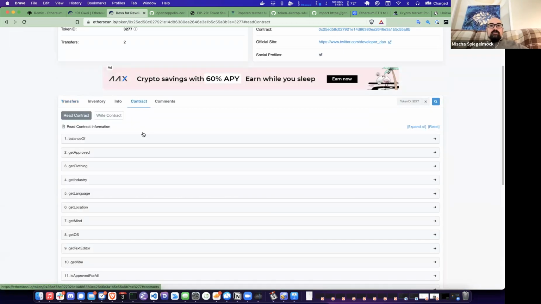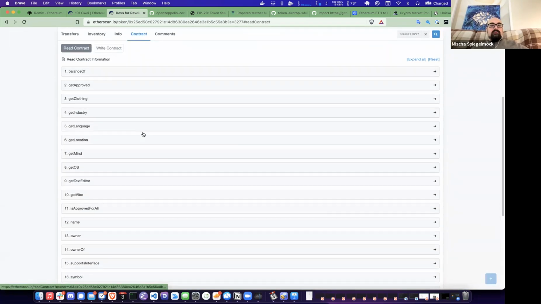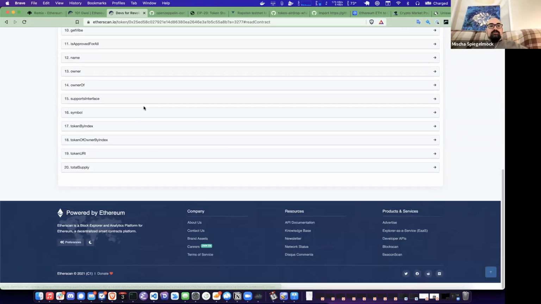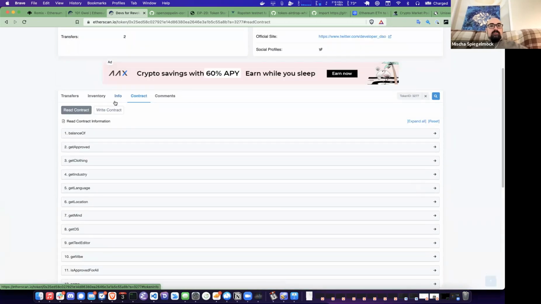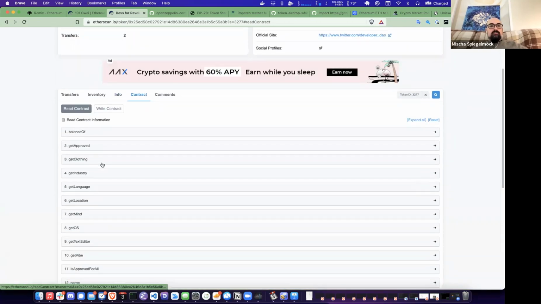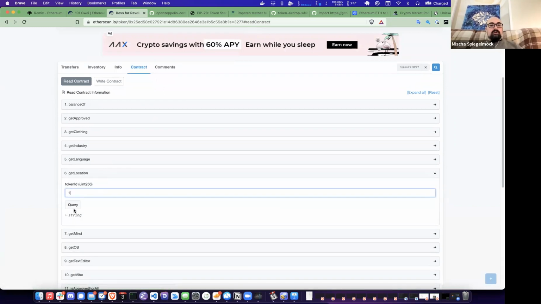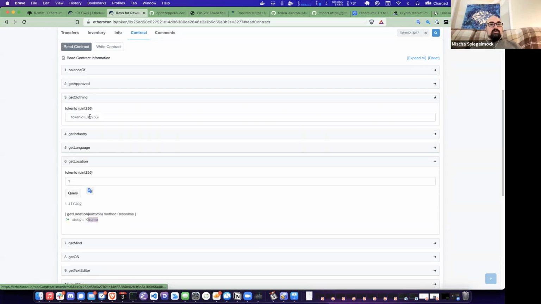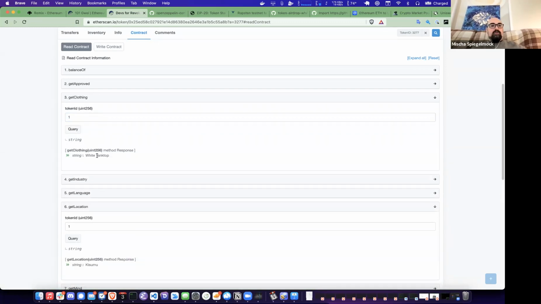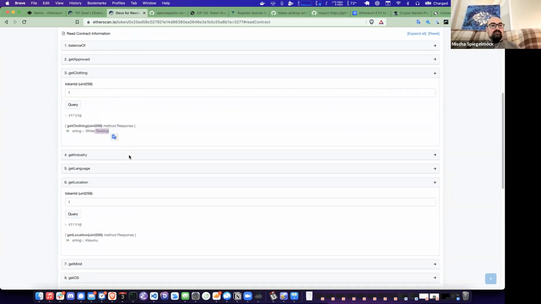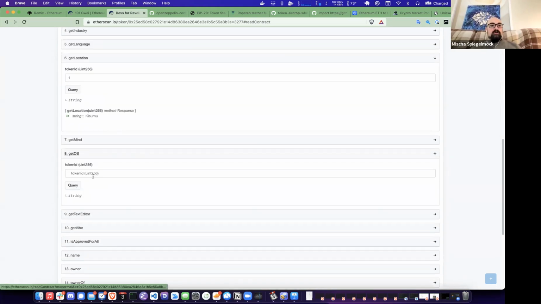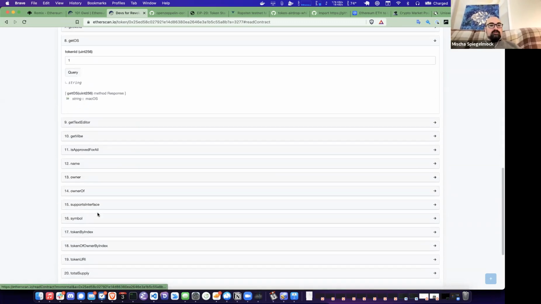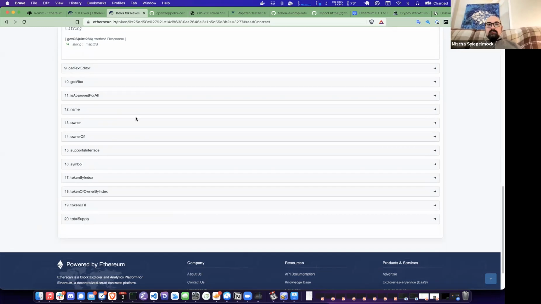Now, to answer your question, once you've created a contract and deployed it, you can upload the source code of the contract. So you can interact with it here if you do that. You can put in a token ID and see, okay, what location does it represent, or what clothing does this developer have? They have a white tank top. Okay, it's just a gimmick. It doesn't really represent anything real. These are NFTs of developers. It's more of an experimental setup. So that's how you can interact with the contract right here.